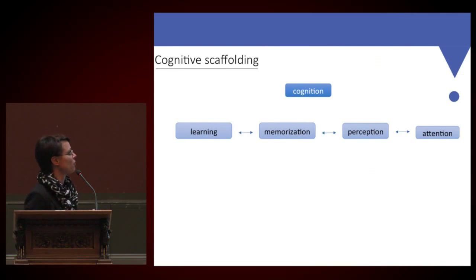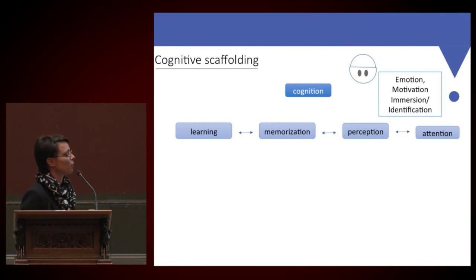This type of interface supports cognition, because you have particular emotions during this experience. You are happy, you have a personal experience. You are motivated, and it depends on the device, but you have immersive influence, or for TUI, for example, you can have identification between you and the device. So you have relationships between you and the knowledge.